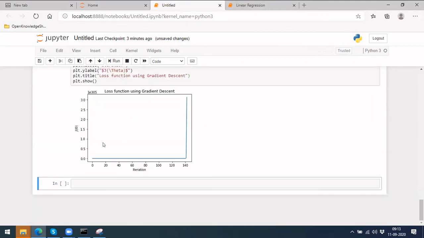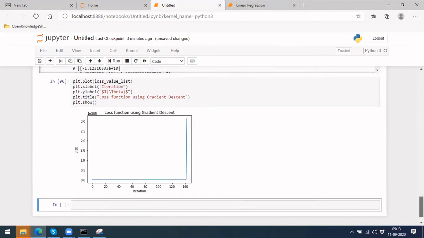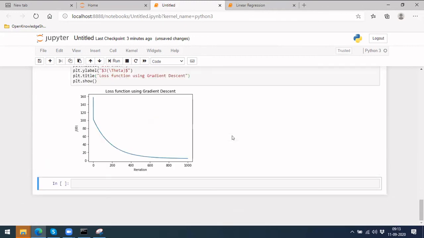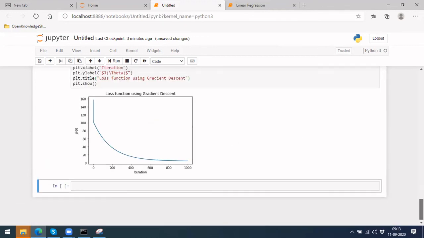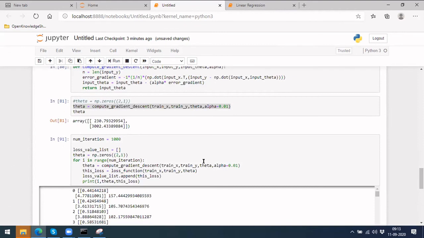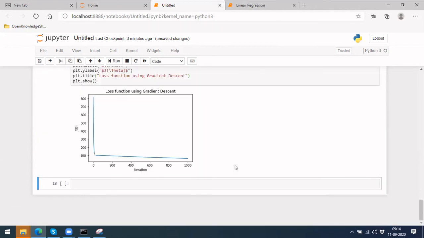Now see, it has banged very far. I don't know the issue here. Something is wrong with the initialization, or something. If you see, with 0.1 it is like this. If you put 0.01, we are making a much slower learning rate. Now let's see what will happen.